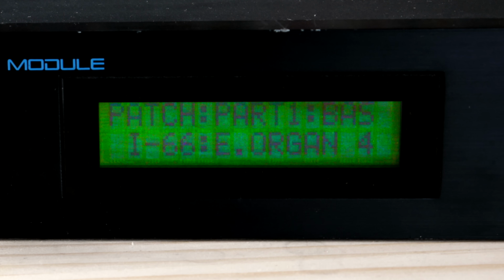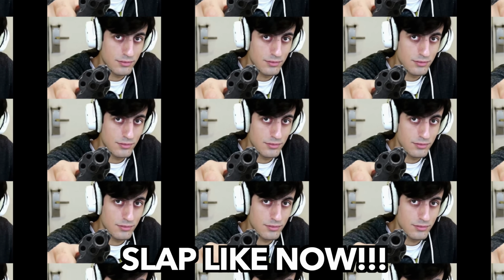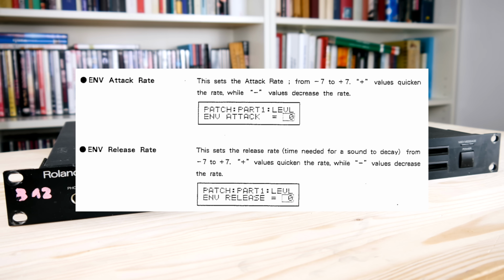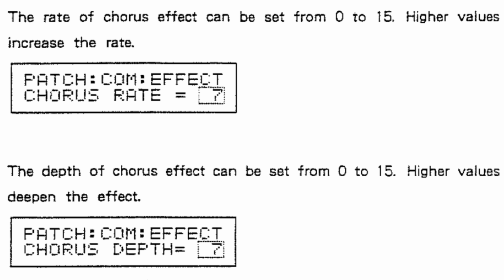organs, not so convincing acoustic pianos, one drum kit, and 12, yes, 12 slap basses. Welcome to the 80s. There's a 2-stage envelope and LFO for amplitude, a tremolo effect, a very noisy chorus and